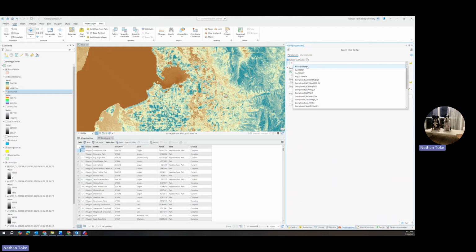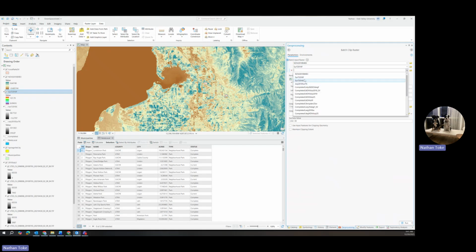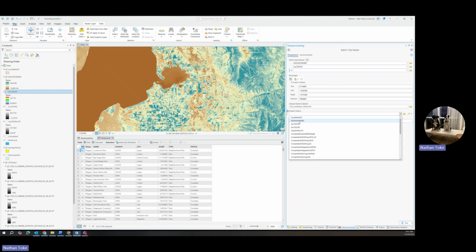And so then the things that we want are the ones that I just produced that are kind of more finalized, the NDVI and the surface temperature. And the benefit of this, right, if you have a bunch of files, I could do it on a lot of them, but there's some value to doing it just on 2. And the output extent is going to be to